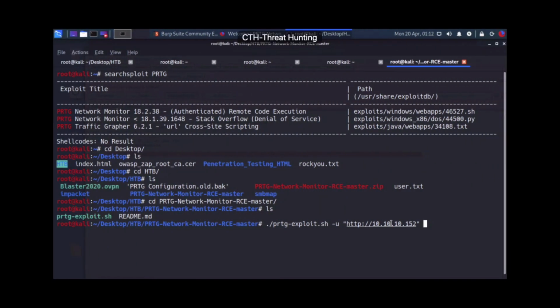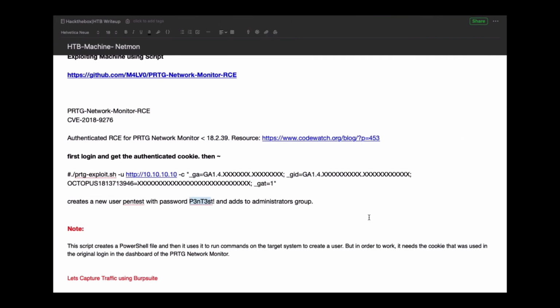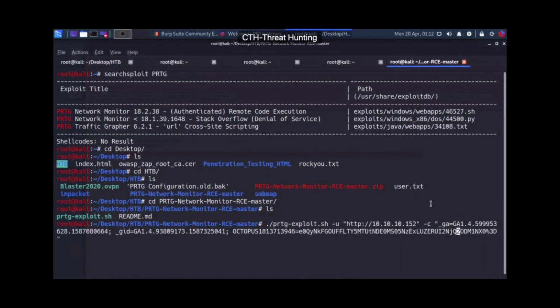and then you just put the C flag and then the cookie that you have copied, and once you are done, it will automatically create a user inside this particular IP address, inside this Windows box. So let me go here and remove this and then press enter.